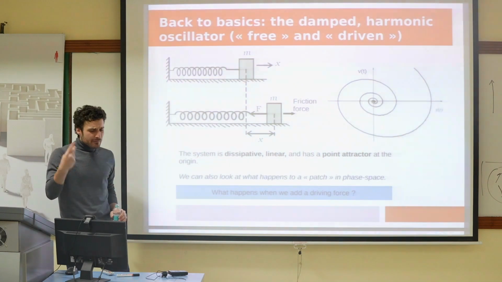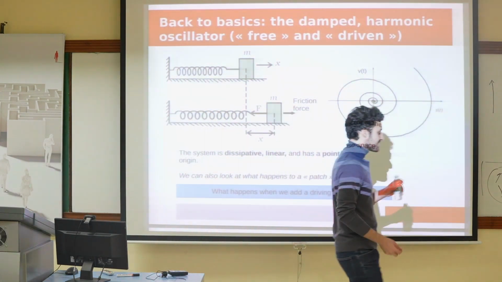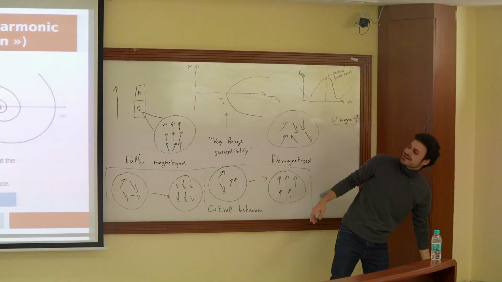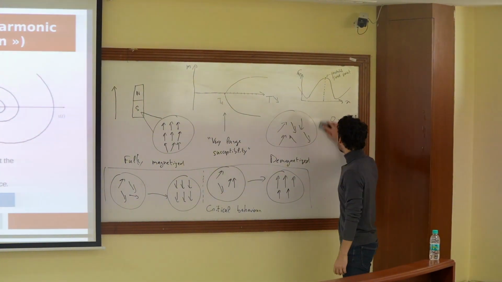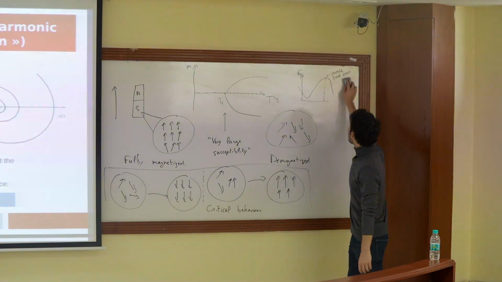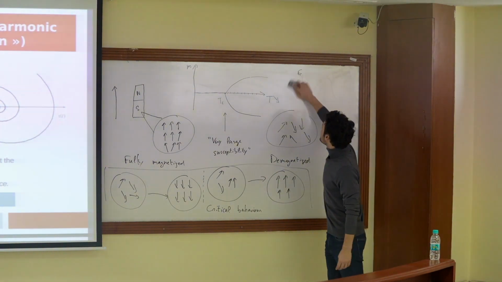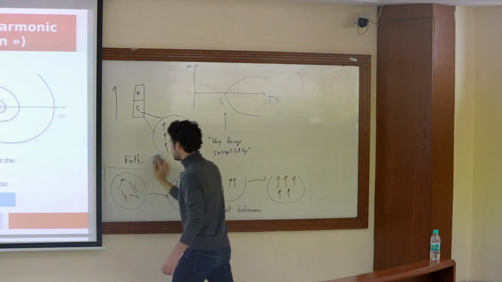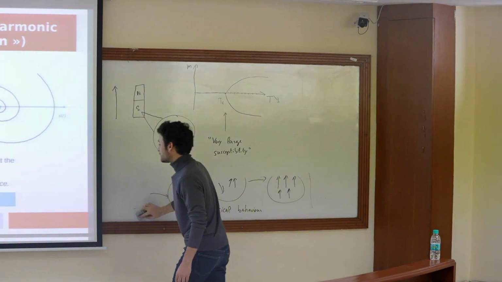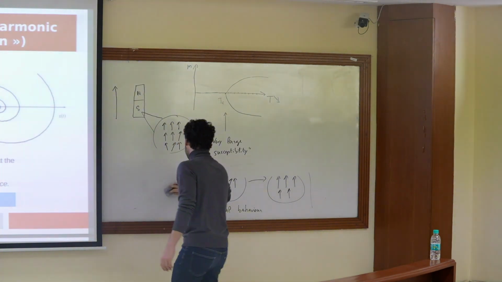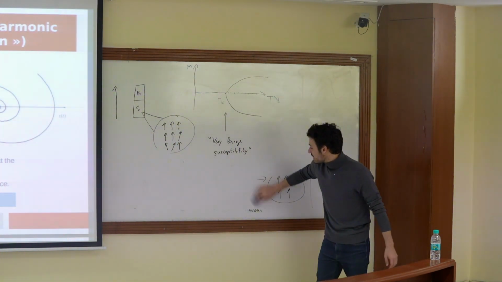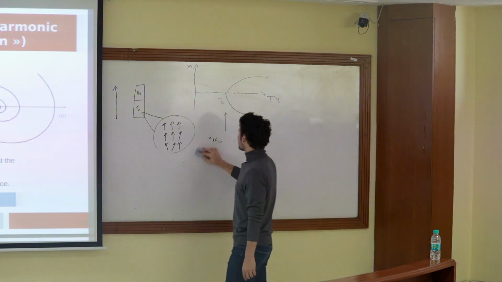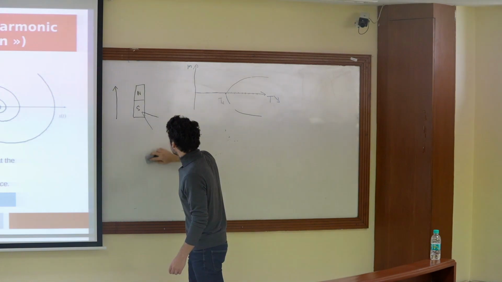Okay, so first, a kind of back to basics thing. Because I did introduce the notion of phase space, but I think it might be a bit stale now. And it really is the key thing to understand for this lecture. Okay, so the initial system that we're going to present is one that we've seen a great many times, right? It's just a simple harmonic oscillator with extra damping.